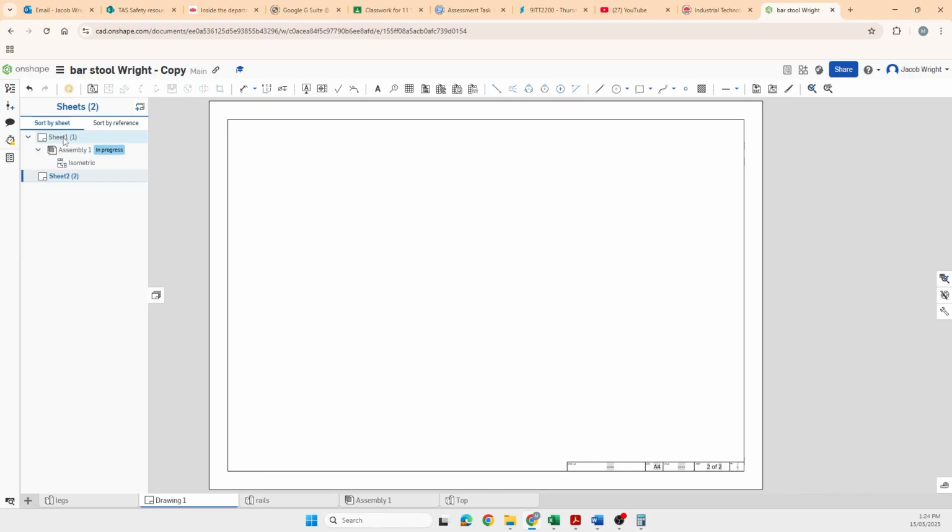Okay, we can also label each of these. All right, so if I wanted to, I could right-click on the first one, rename it and call that isometric drawing, for example, and hit the tick. All right, my second one that I'm now in, okay, we don't need the menu up. My second one that I'm in, I'm now going to do an orthographic projection, so a top, front, and side view of the bar stool